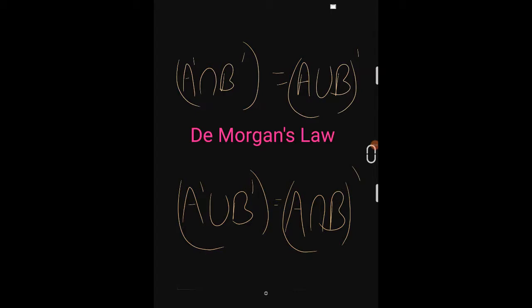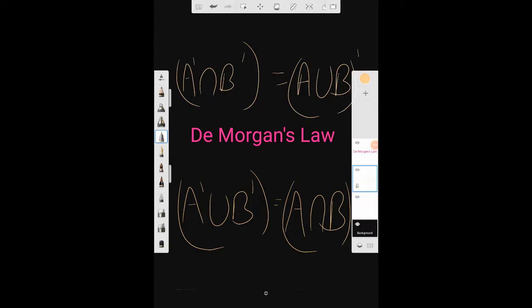Okay, these two things are called De Morgan's law. Now I don't want you to study them by heart. I'll tell you an easier way. These two are the things you will find in a textbook. An easier way to look at this is,